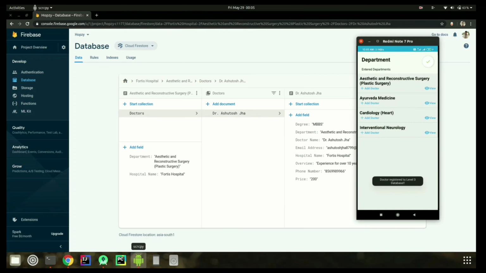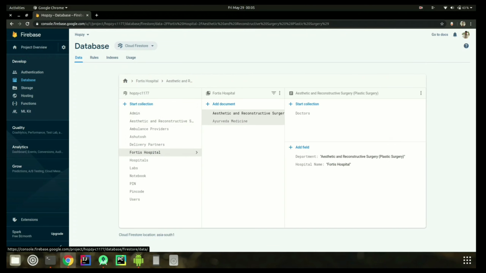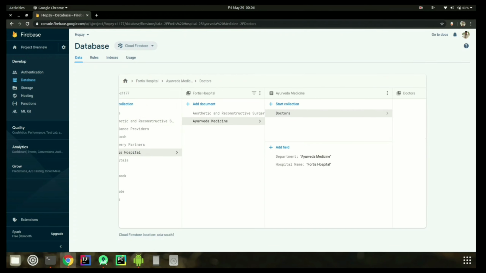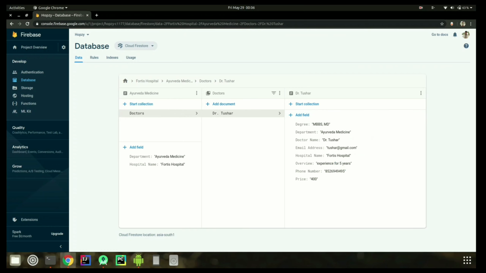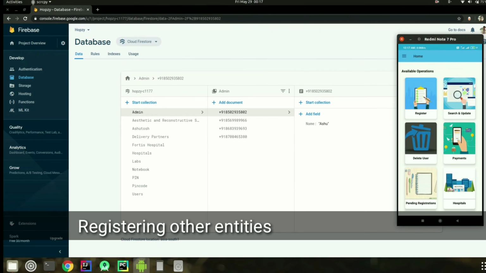After clicking on add, the doctor will be uploaded to our database. Now as we can see, Dr. Tushar has been registered in Ayurvedic medicine. All the basic info has been registered.